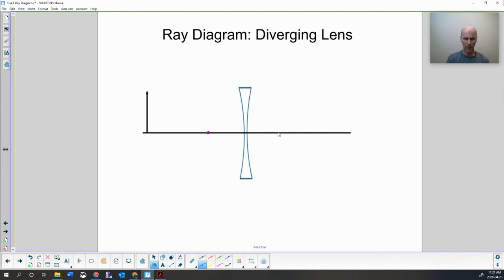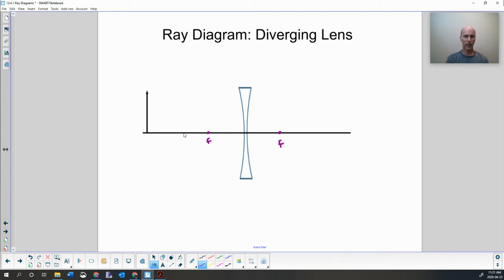Now, for a diverging lens, if you'll recall, parallel rays of light will hit a diverging lens, and they will diverge away from a virtual focal point. So here's a focal point on one side, here's a focal point on the other side. Just like any lens, it'll have two focal points, but they're virtual. That's important when we draw these. For me, the easiest one to get wrong in terms of ray diagrams is the diverging lens, because of the virtual